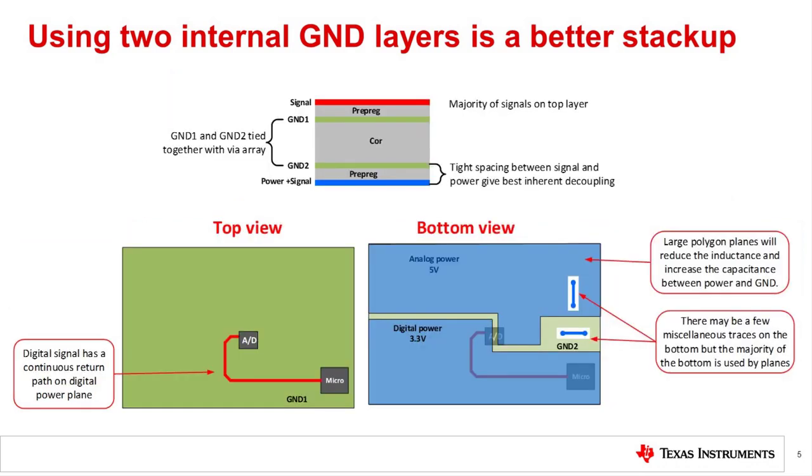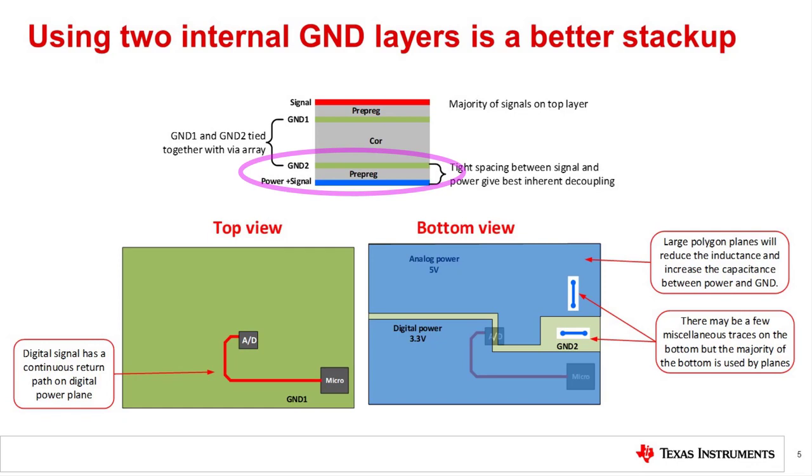This slide shows how 2 internal ground planes can be used in a 4-layer board. In this case, most of the signals will be routed on the top layer and the power planes are on the bottom. Some signal traces can be routed on the bottom, but the majority of the bottom layer is dedicated to power. This stack-up has the advantage of keeping the power plane close to its ground return, which will improve